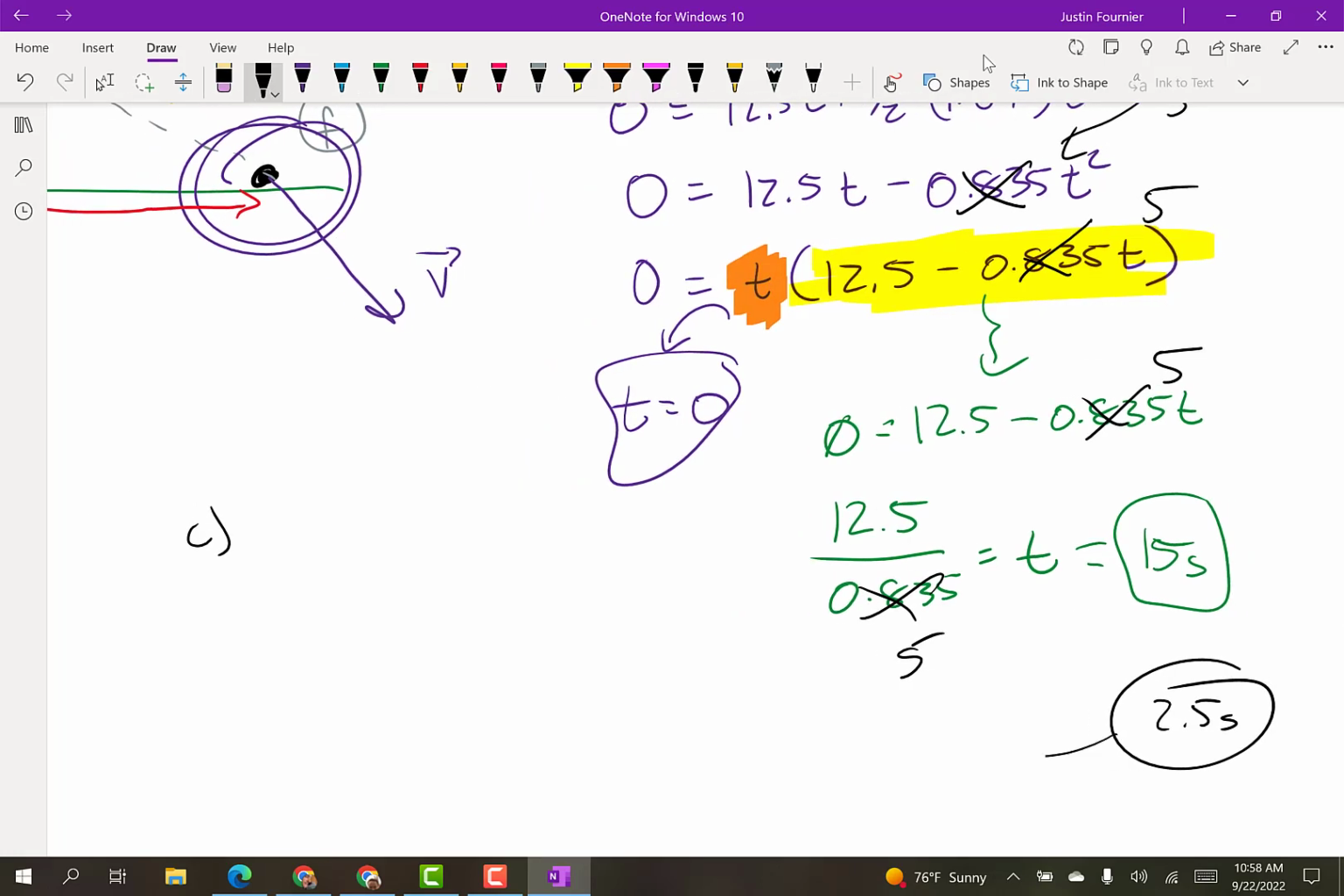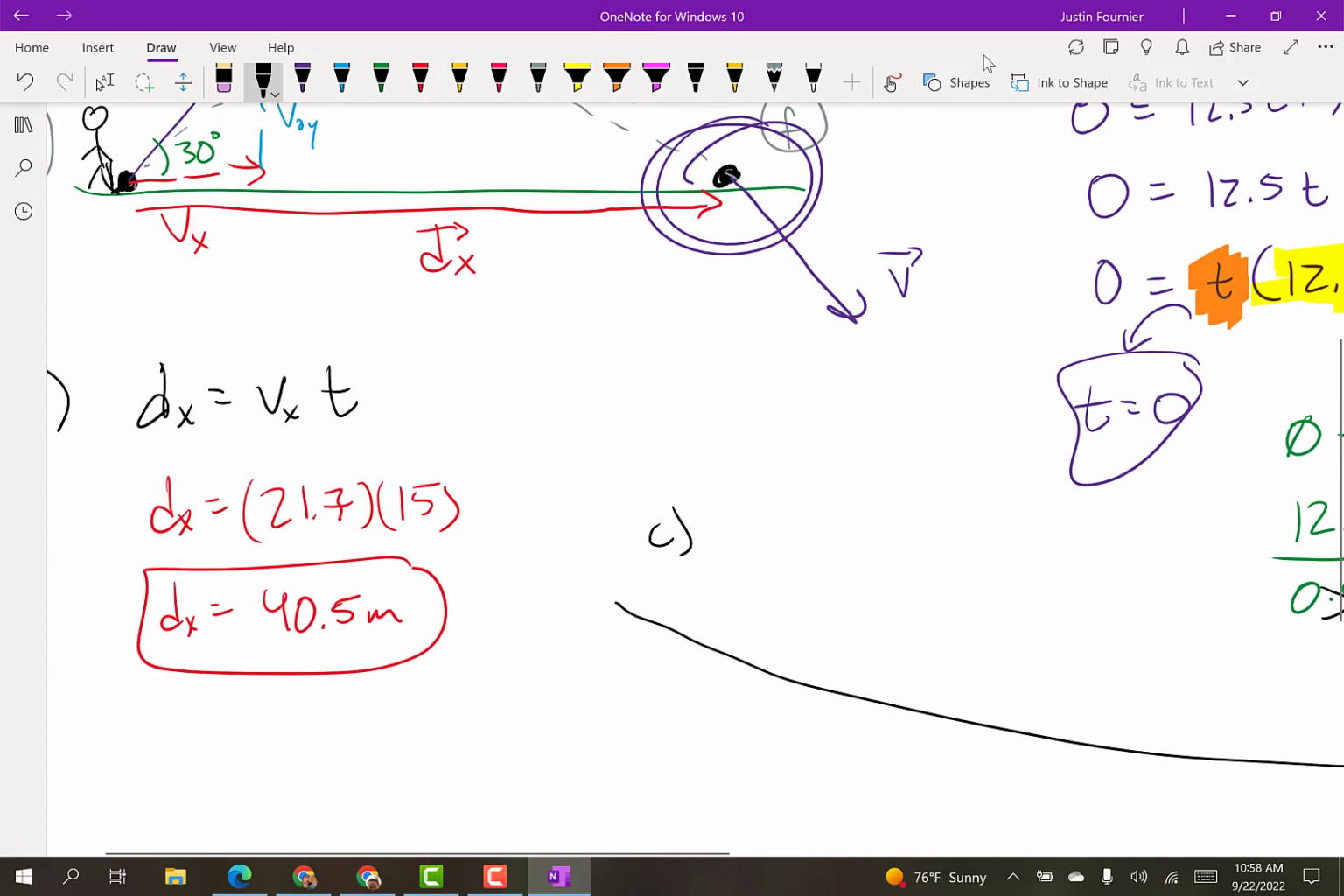And then I could plug that all back into here. So it's 21.7 times 2.5, and I get 54. Okay, sorry, made a mistake here. I plugged in 2.17 into my calculator. My bad. Let me recalculate that. Hopefully you caught that. 21.7, that's